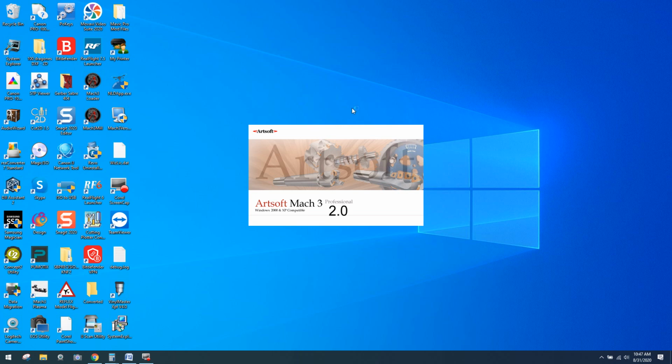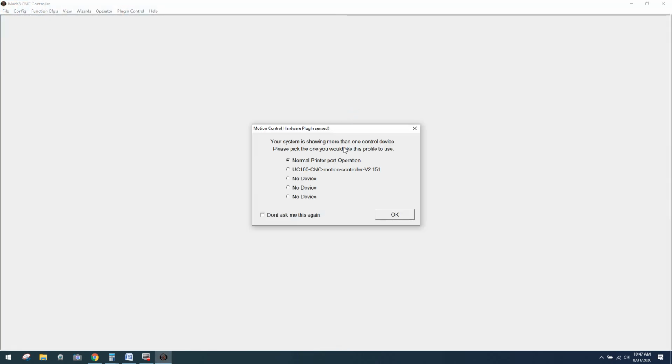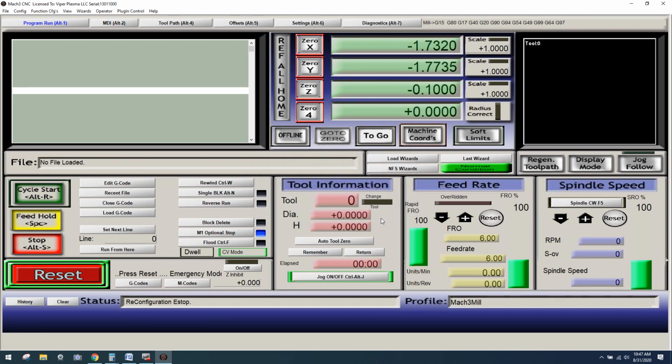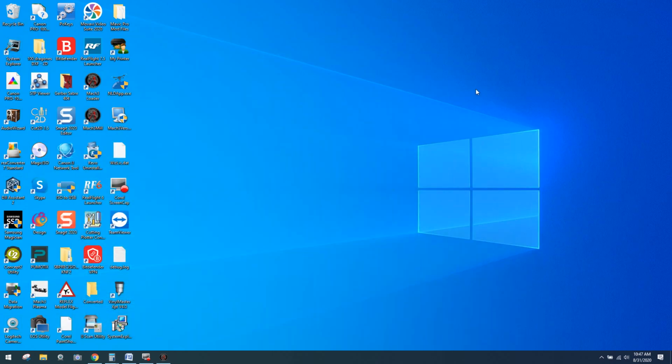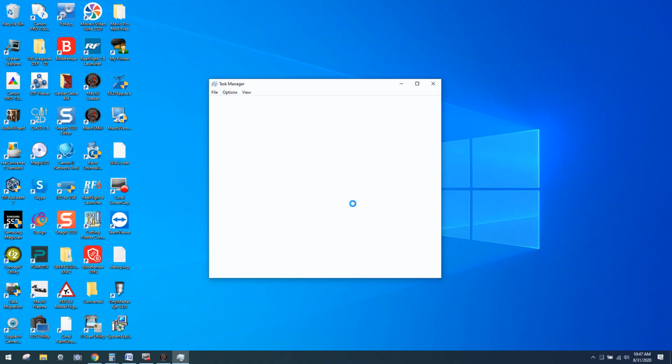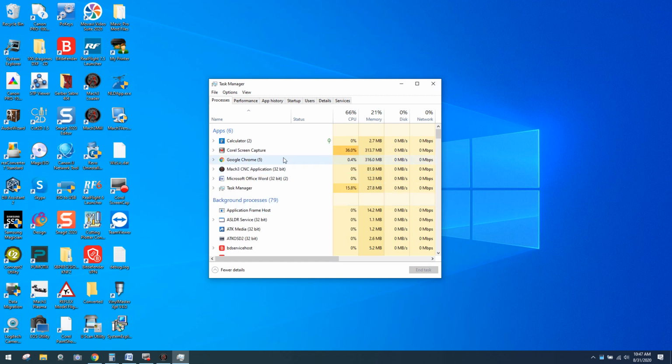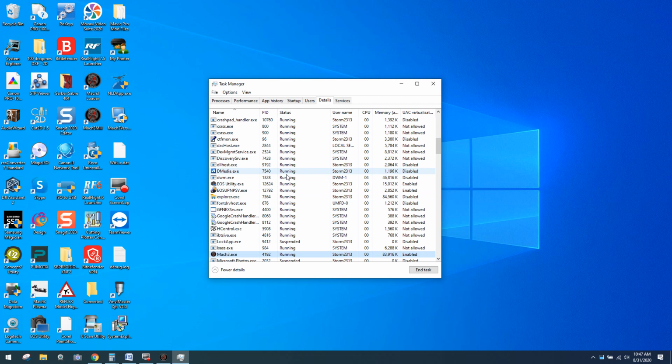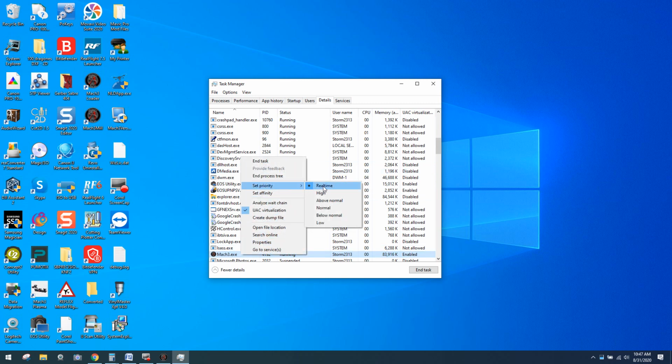And we just want to make sure, again, we'll do the same process. We'll click OK, click Reset, shrink her down, and just hit Control-Alt-Delete. Go to Task Manager once again. We're going to do the same exact thing to see if everything took. And you can see Mach 3 is right here. We're going to right-click, go to Details. Here she is again. Right-click again, and set priority, and you can see it took, because it actually memorized in